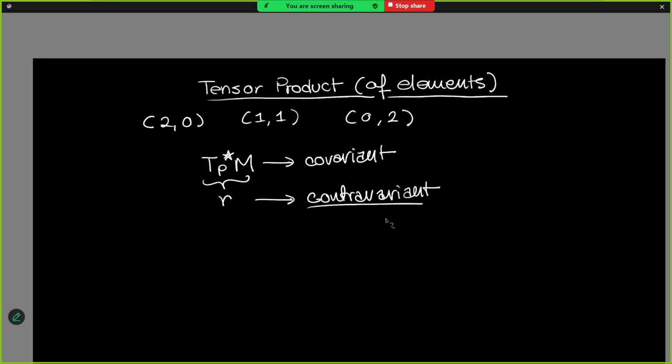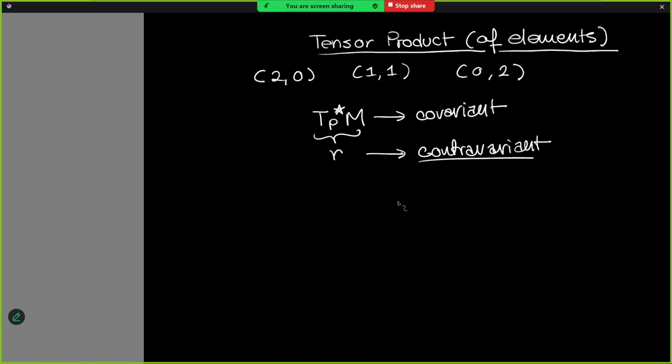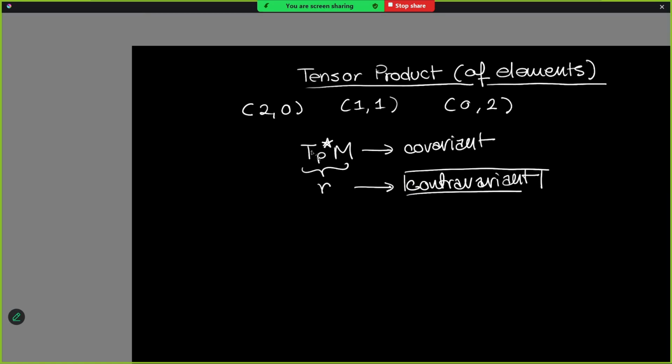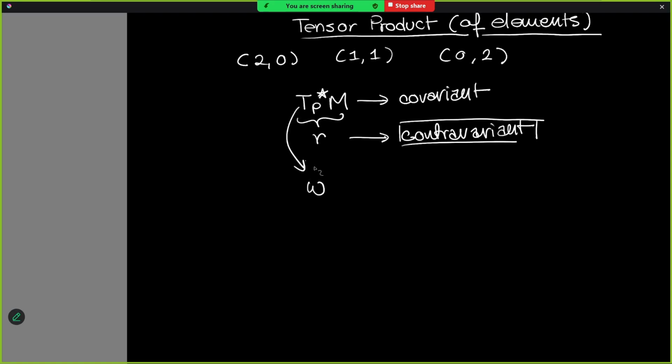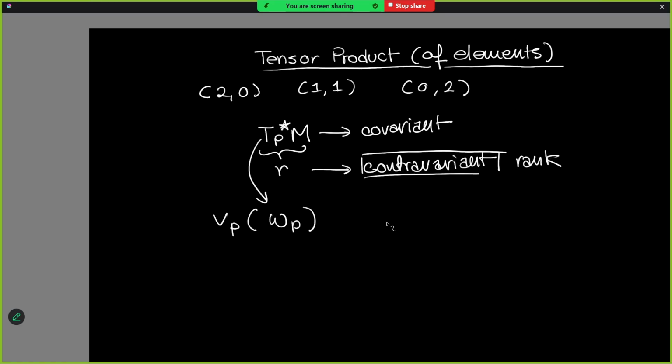But that's because we're thinking about the dual formulation, where we're thinking of what is eating this TP star m, or this element of TP star m. That's the thing that's contravariant. So each of these omega p's that are coming from TP star m are being eaten by a contravariant object. That's why this is called the contravariant rank. So we're going to be able to systematically build up these tensors from taking the product